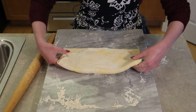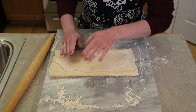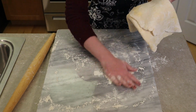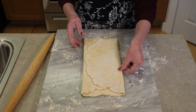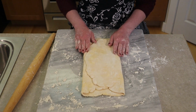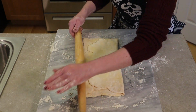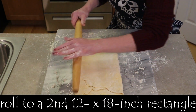Okay, and so now we have this sort of an envelope. And that's the bottom of your envelope that you've just sealed. Okay, so go ahead and flour. Make sure again that surface is well floured. So rotate the edge so that the big fold seam is on your left side, and the envelope opening is on the right. So it sort of looks like a book. We would open it this way. So now we're going to roll this back out, mainly the edges, to get back to that 12 by 18